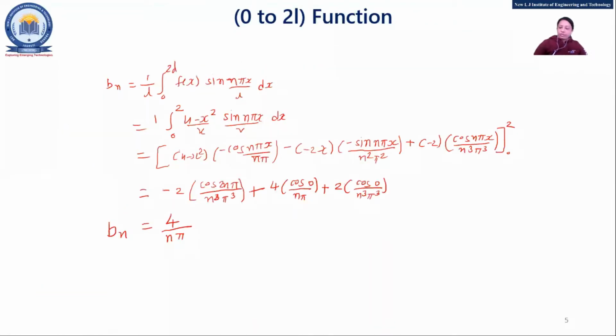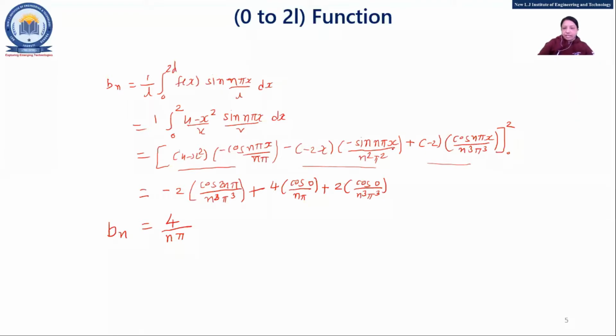Now, bn. We left the last lecture at this point. Just bn was left and I asked you to calculate it. Yes, 4 upon n pi. So this is a simple UV generalization rule I have applied, and just put in the limits. Now one thing: when you apply the limits 0 to 2, just write down those terms which are not supposed to be 0. No need to write all the terms from now onwards.